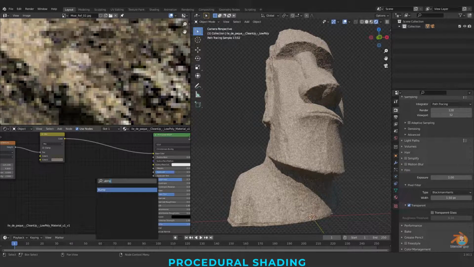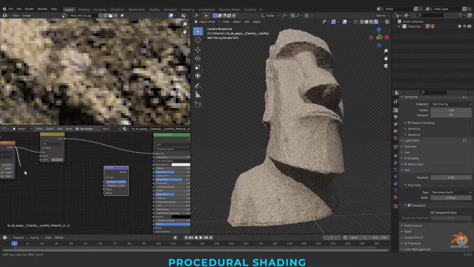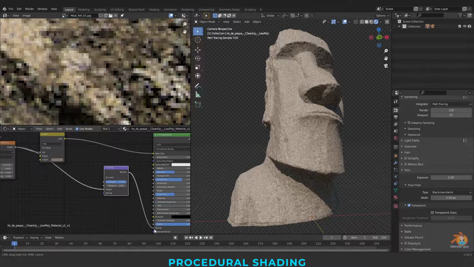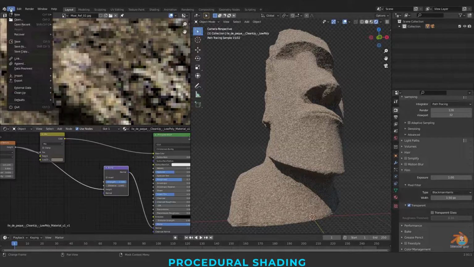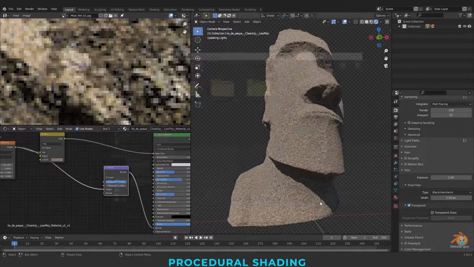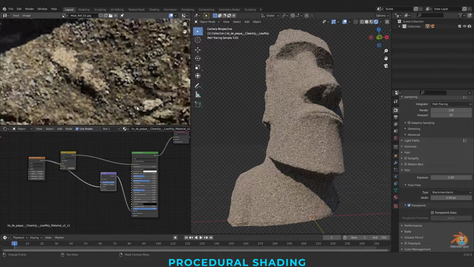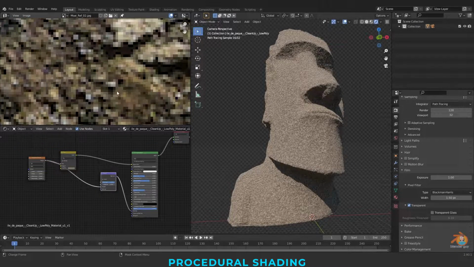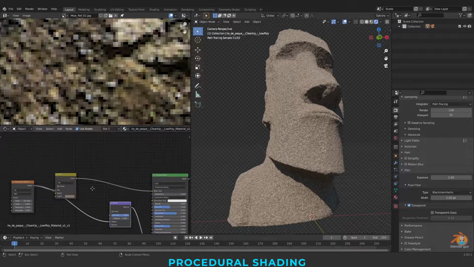Now I'm adding a Bump node, connecting height to height and normal to normal. Let me save the file first. Now we can also see the other colors here. It's a low green.